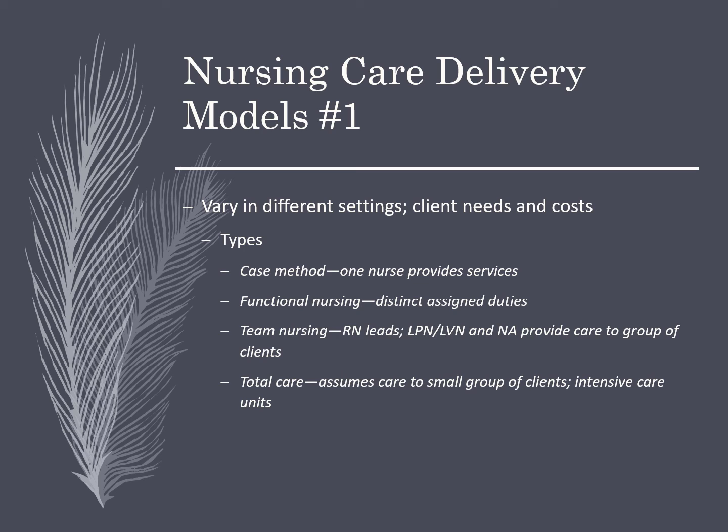Another model is called team nursing, and that started in the 50s, and it's a response to what I was telling you that happened with functional nursing, that it was too fragmented. In this model, the staff with varying levels of education and skills will be accommodated. In this team, you will have an RN, a registered nurse team leader. You may have other RNs, you may have LPNs, LVNs, and nursing assistants, all of them providing care to a group of clients. The team conferences allow for discussions and development and implementation, discussing how to implement the care plans.